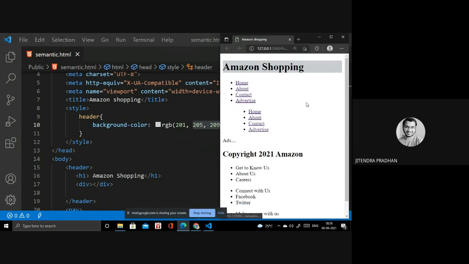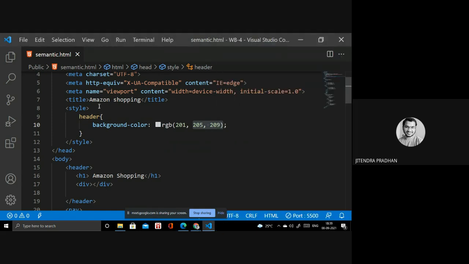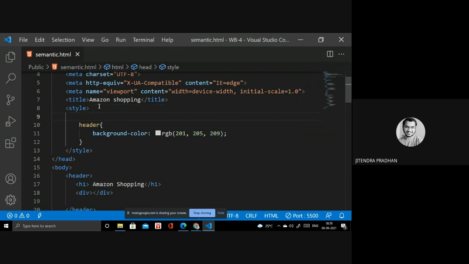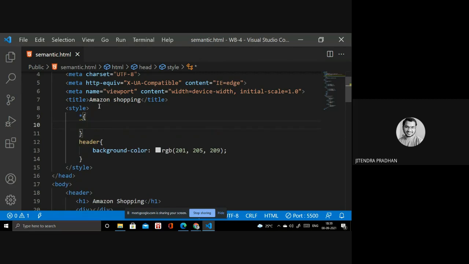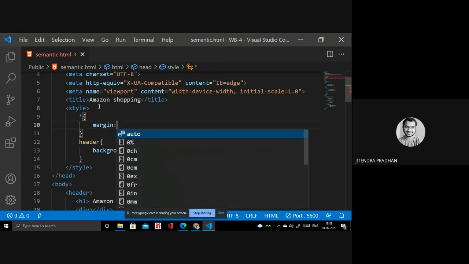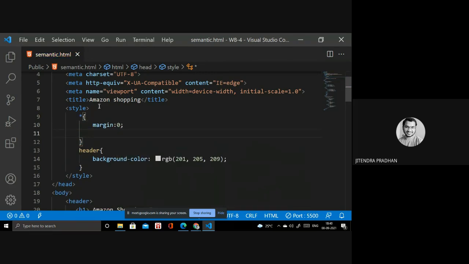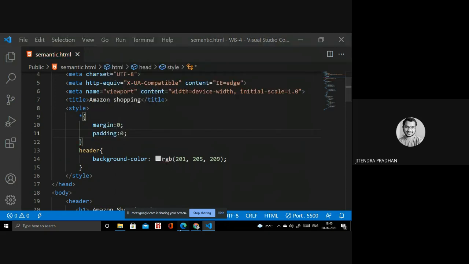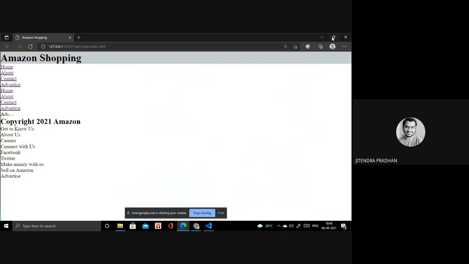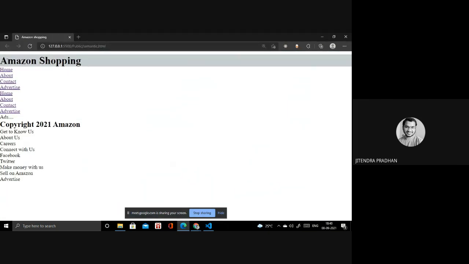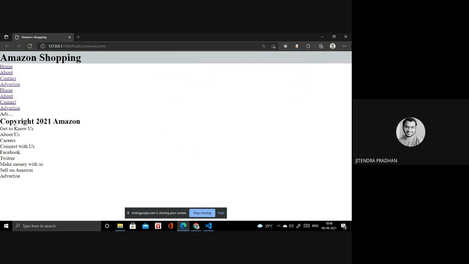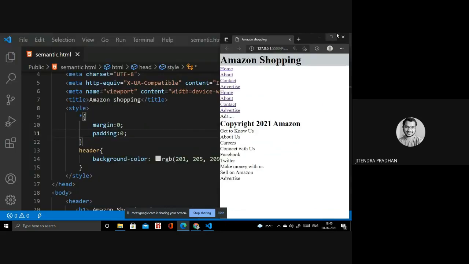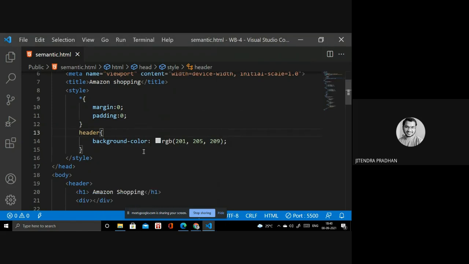It's done, but I need margin zero and border zero, padding and margin all zero: margin 0 pixel and padding 0. Okay, so let's see. It's working fine now, but I need to change something in the content, make it bigger. Let's see how.